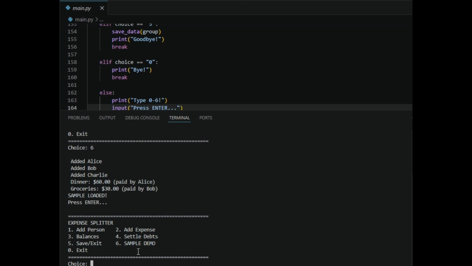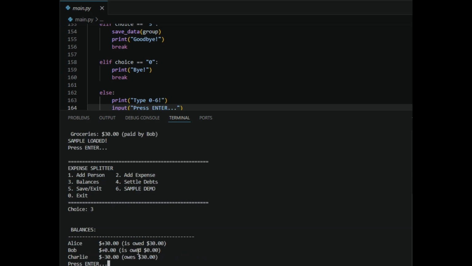Now the sample is loaded. I put choice number 3 to check the balance. Alice is owed $30 while Bob is just even and Charlie owes $30.